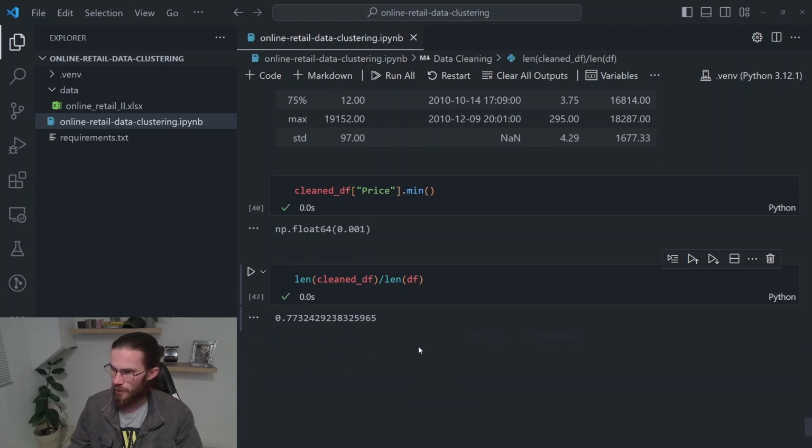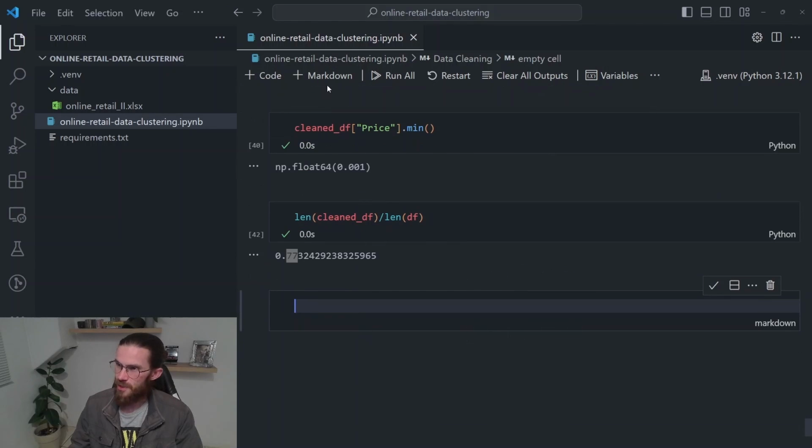Take a look. So it seems like we've still got about 77% of our data, meaning that we lost about 23% of our data during cleaning. And we can note this in Markdown. We can just add a Markdown block over here. We can say dropped